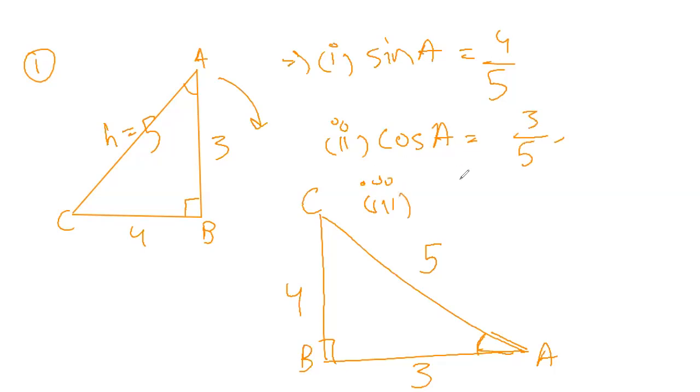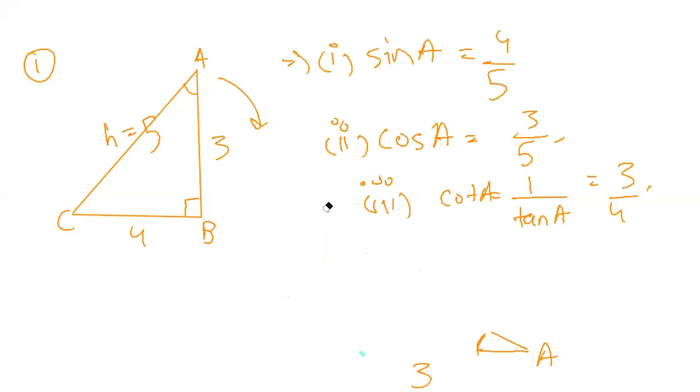that find cot A. Now cot A, as I've said before, tan theta is the reciprocal of cot theta. So cot A will be 1 upon tan A. Now first we'll find tan A. Tan A is perpendicular upon base, so 4 upon 3. So tan A is the reciprocal of cot A. So 4 upon 3 will be 3 upon 4 for cot A. Okay. Now I'll try to clear as much as possible. So I'll clear this figure and we'll move on forward to our fourth question.